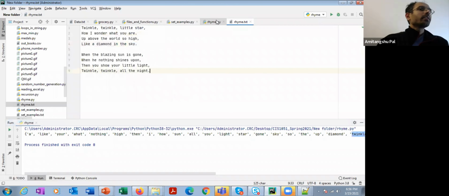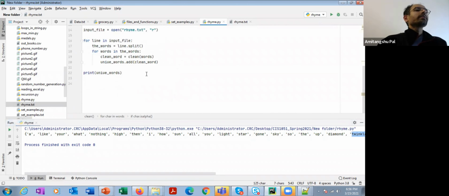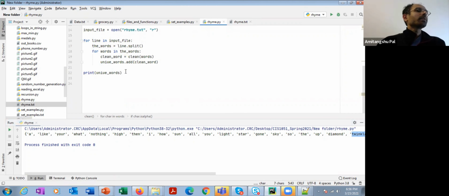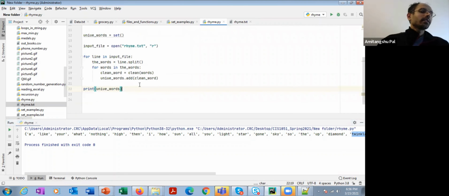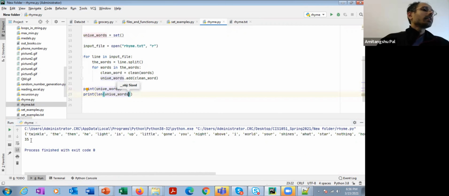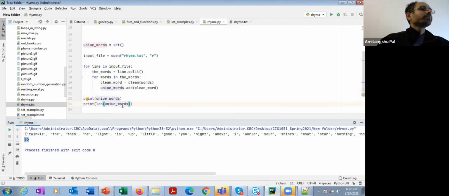Suppose somebody asks you how many unique words there are in this rhyme. You can basically add the words in this set, and then at the end print the length of words. So here in this rhyme there are 35 unique words.